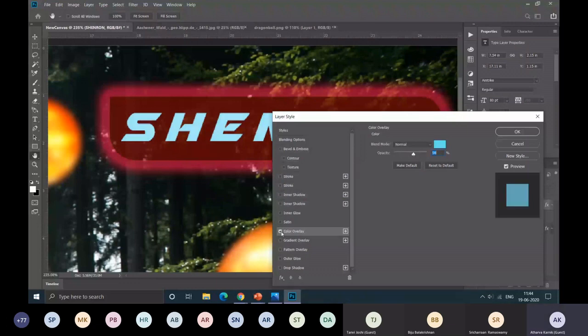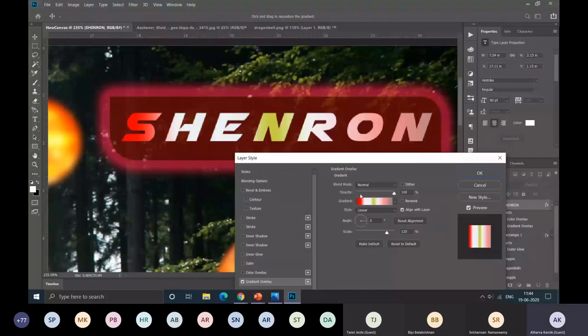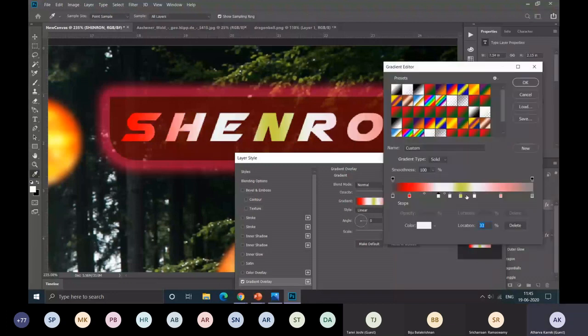You'll see that the gradient has been added. Again, from here you can change the opacity like this. If you want to change the gradient, you can just click here, and you will see that the multiple nodes are present. You can alter the distance of the node to change its gradient like this. If you want to get rid of one node, just click on one node and press delete like this. If you want to change color of one node, you can double click on the node and the color picker will appear. So let's color it green like this. So suppose you like this, so we'll continue with that.